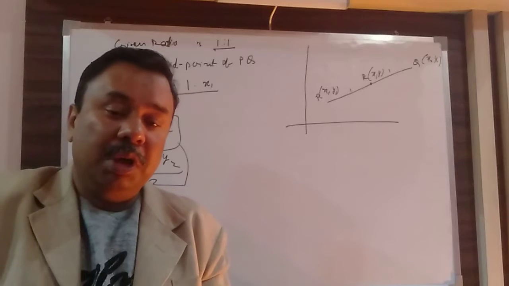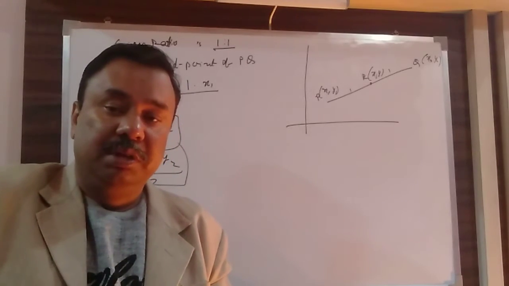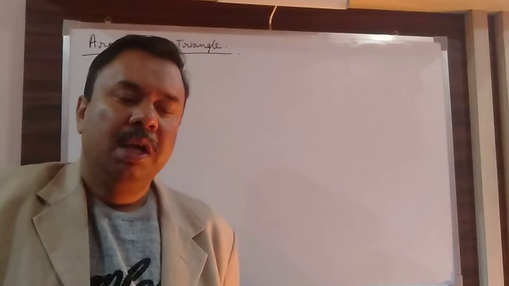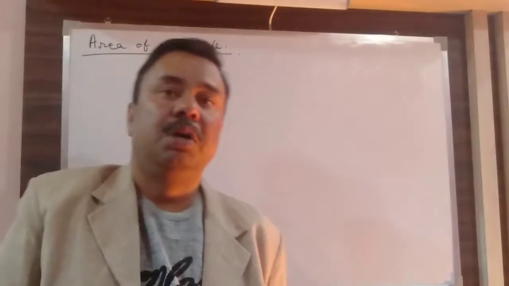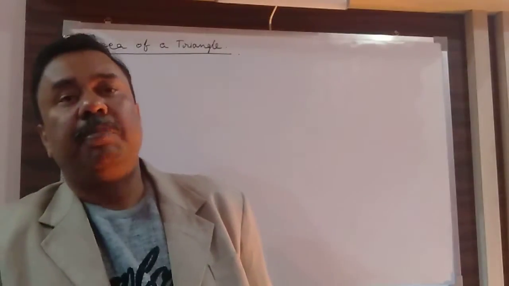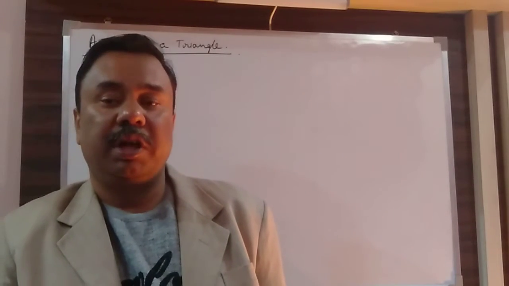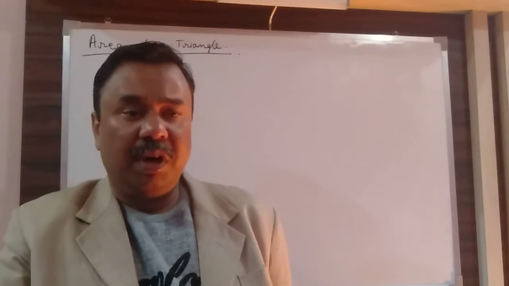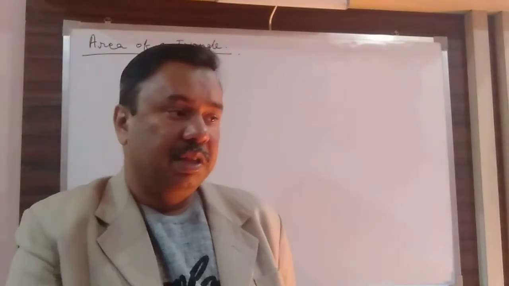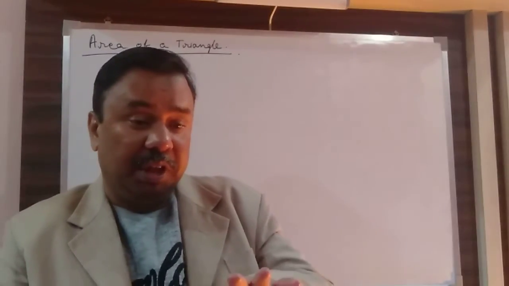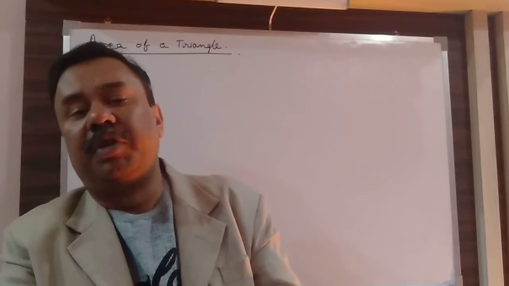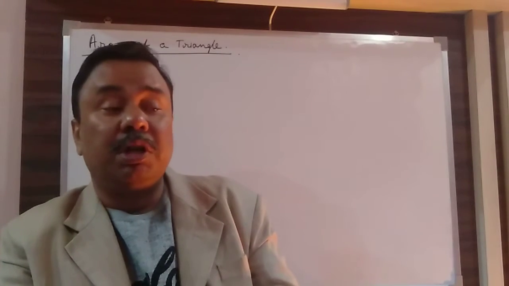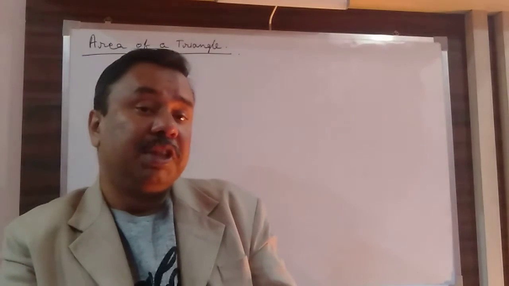Okay, now the third part of this chapter. Till now, you must have studied about the formula for finding out the area of a triangle. What was that? In the plane geometry section that you have studied in your earlier classes, it was just half of base multiplied by height. Now, in coordinate geometry, what will happen if you are just given the coordinates of the vertices and you are told find out the area of the triangle?